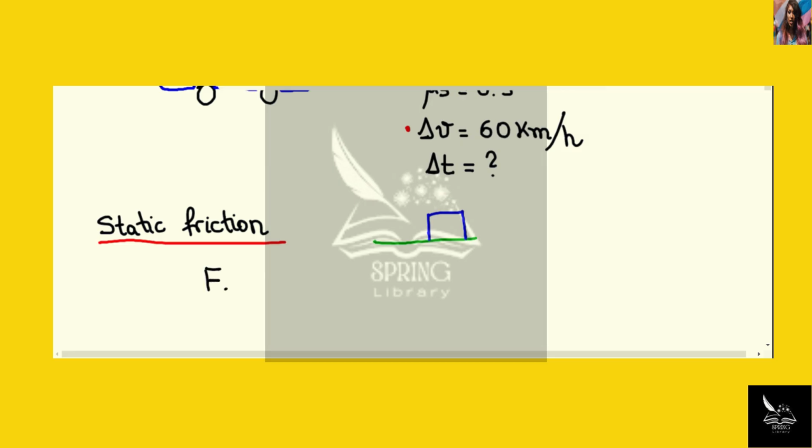Now, basically what we have is that the maximum value of static friction is equal to the coefficient of static friction times the normal. And the normal is the force that the surface exerts on the block. Okay? So what we have is that this force is not constant. And what happens is that if,